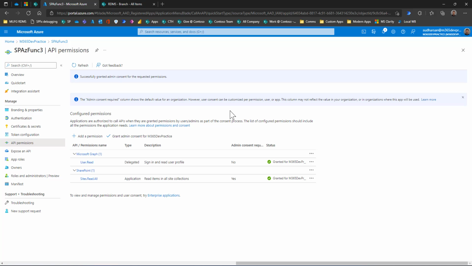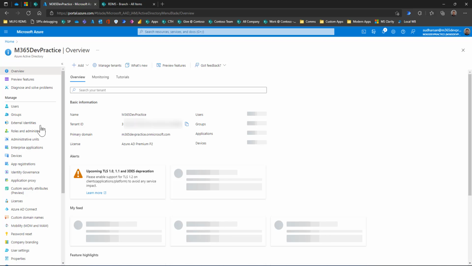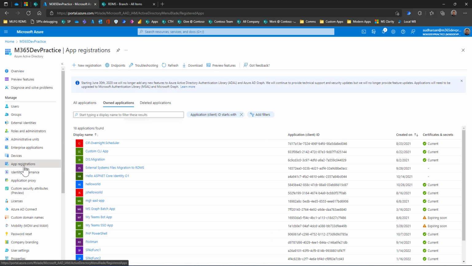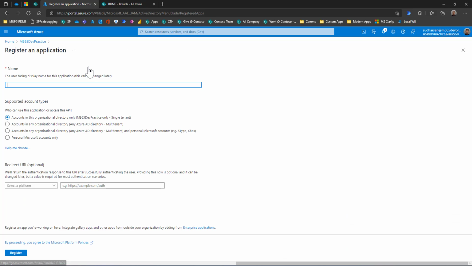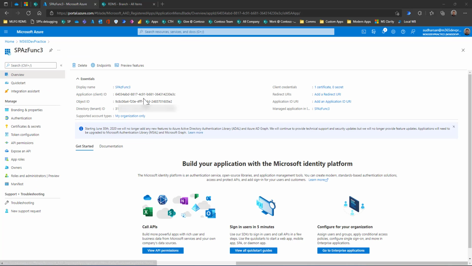Let me summarize it. So first, go on to the Azure, click on Azure Active Directory. On the left hand side, click on app registration, and you should see the new registration. So click on new registration, give your app a name and select single tenant and click register. So once you have registered, you should see your app. Just make a note of the client ID and the tenant ID, which we will be using in Visual Studio. Next, move on to authentication.